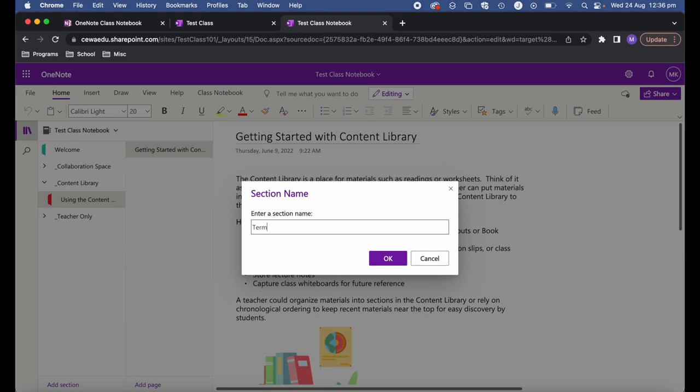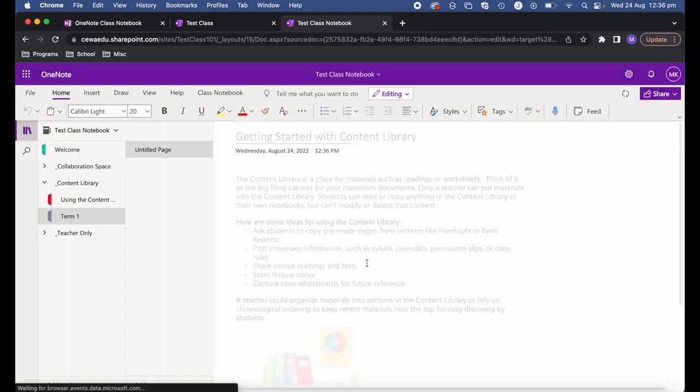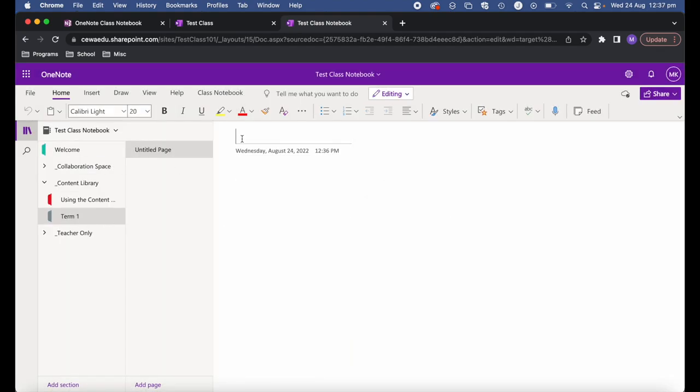So I might go something like term 1, and then you might go all the content for term 1 is within here, and then I can go 1.0 and then have my first topic as my page. So one thing I like to do, and obviously it doesn't really matter, you have to set this up how you want. Sometimes I like using a numbering system here, so it's clear the order that students should be going through these pages. So I'll have 1, 1.1, 1.2 all within the term, and then maybe 2.0, 2.1 for